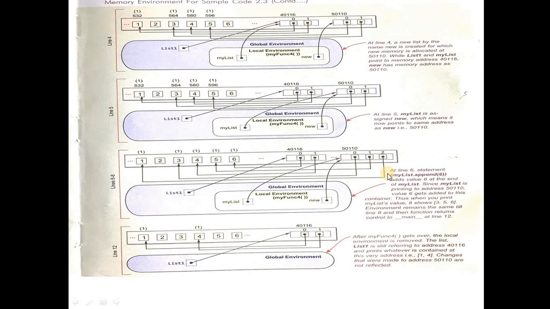Got it? So this is very different. In another programming language, such a thing is not at all there. When you change a value in a local environment, the changes are reflected, and all the modifications happen in the same way. But in Python, you can use the value, but when you modify it, it becomes a different value. So that is different, and you have to understand this concept very clearly.